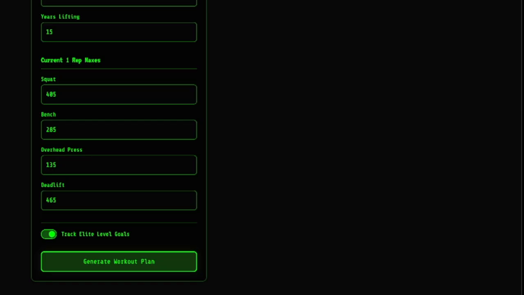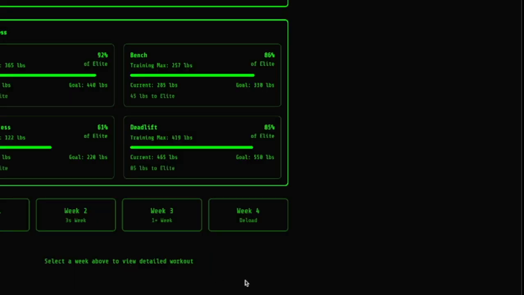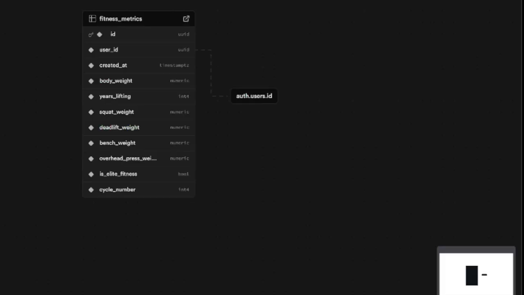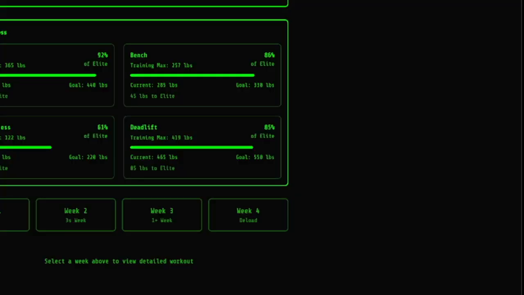So it's loading the data properly here. I'm just going to click generate workout plan. And I guess the way I kind of test this is just to make sure that if I go to the database and I hit the tables, I should see a row in here. And usually you can do that from the table editor as well. So you don't see anything here. So it didn't save that data the way we want it to,